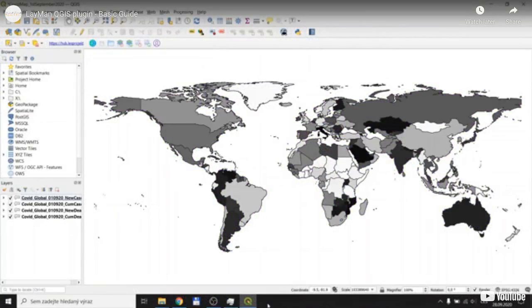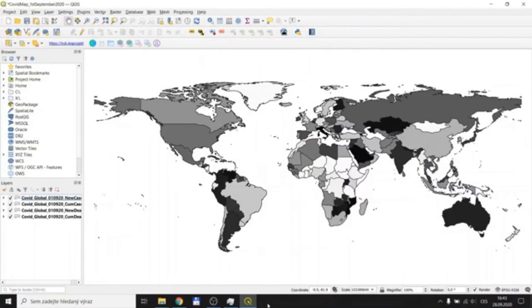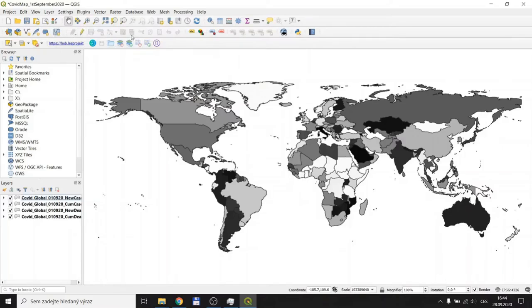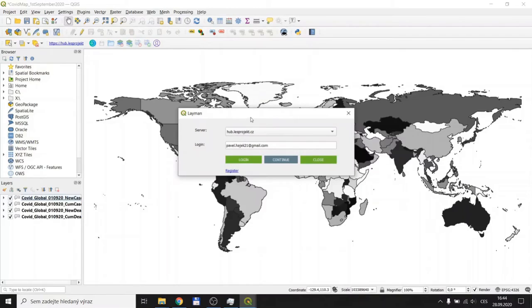In this video, we're going to show you how to use the Layer Manager or Layman QGIS plugin. You can find the Layman plugin within the plugins on the top ribbon of QGIS, as well as you have the same icons in this part of the QGIS. I have already logged in, which means that I have chosen a hub to upload and download the data on.